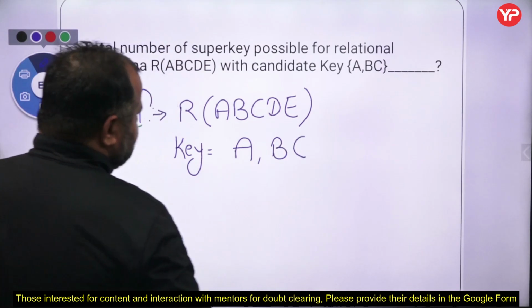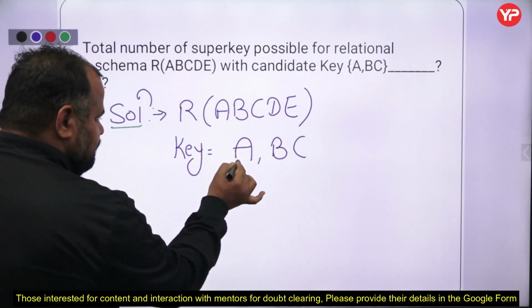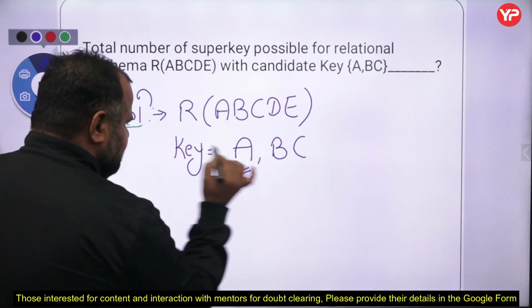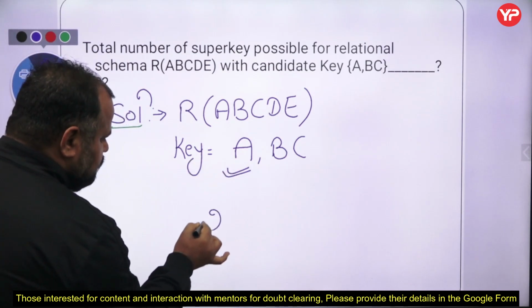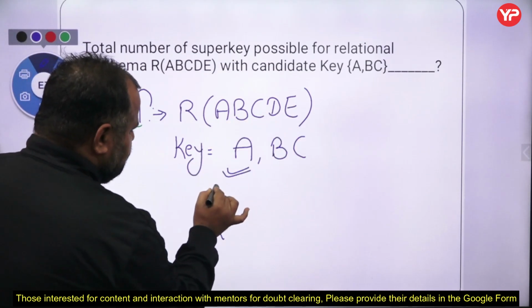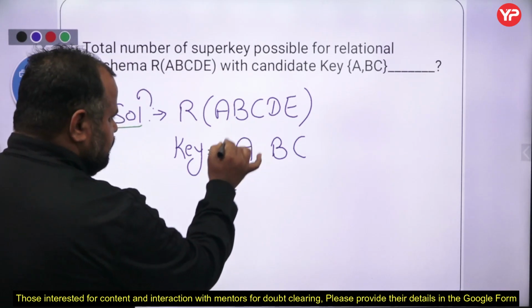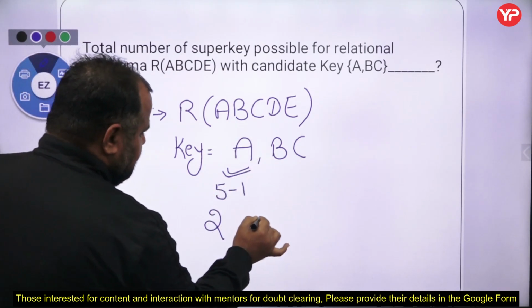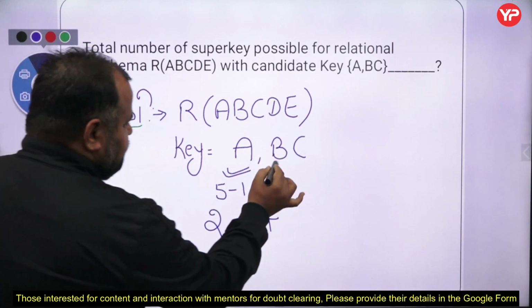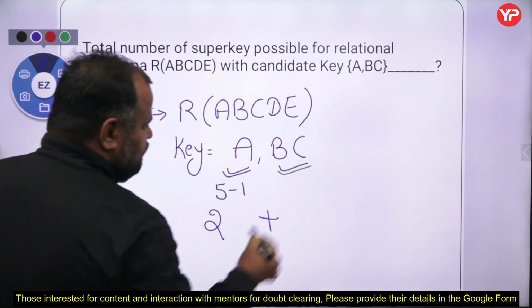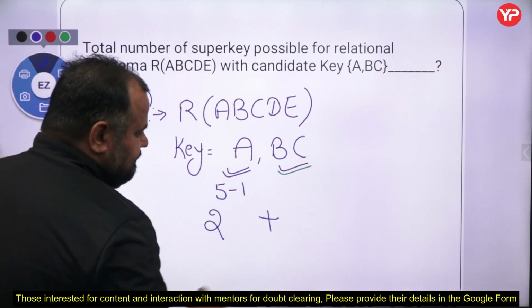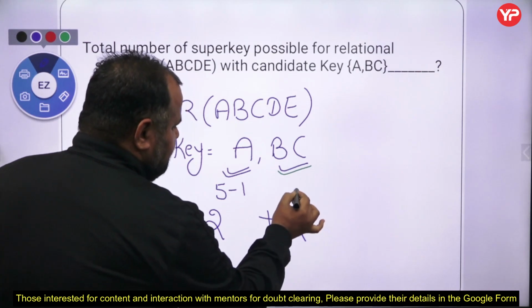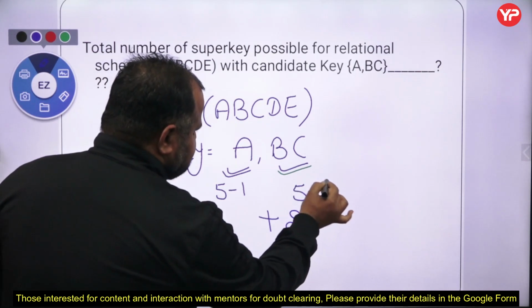So now, can you tell me the total number of super keys possible with key A? We know that it is 2 to the power 5 minus 1, plus the total number of super keys possible with the candidate key BC, which is 2 to the power 5 minus 2,